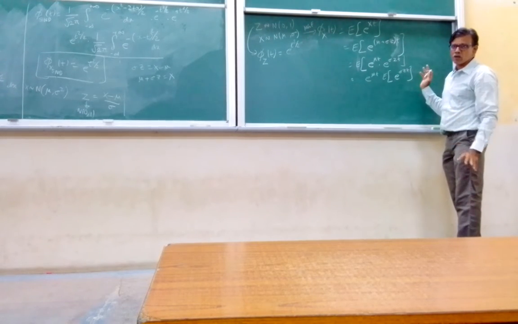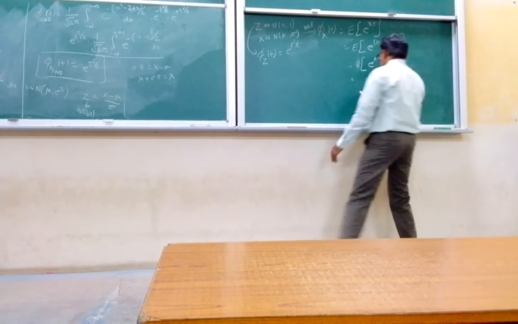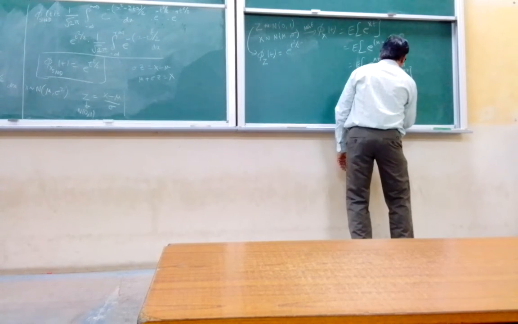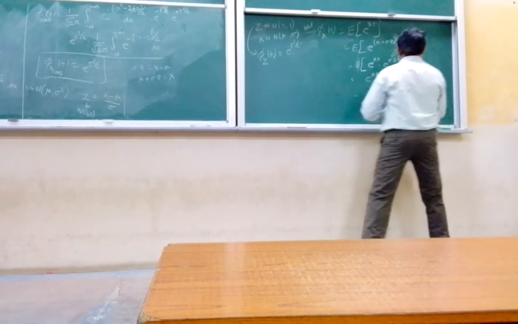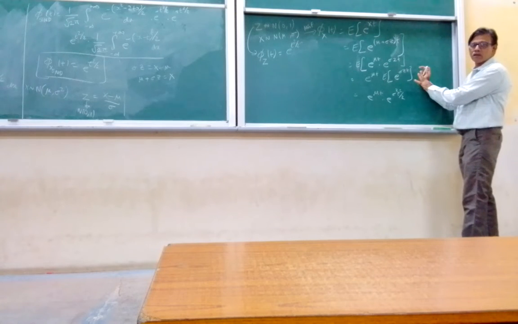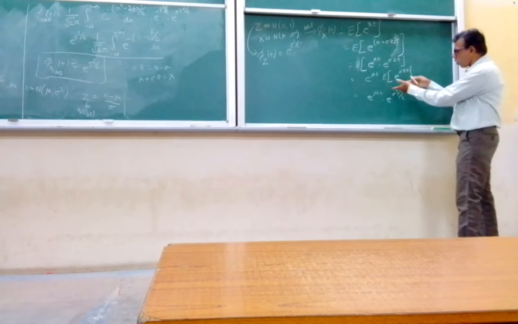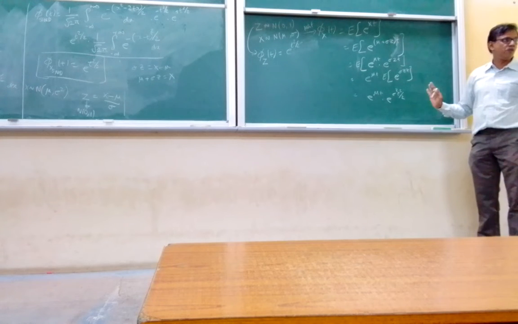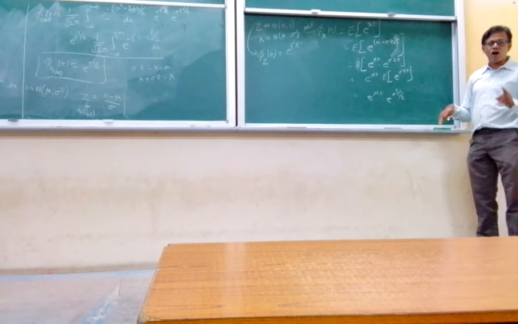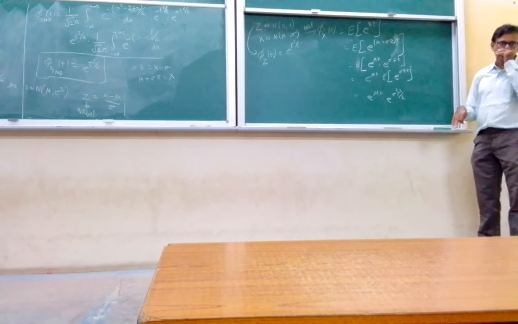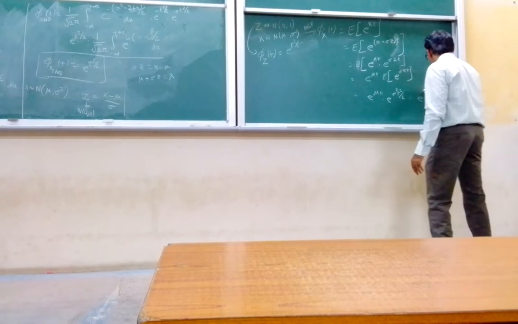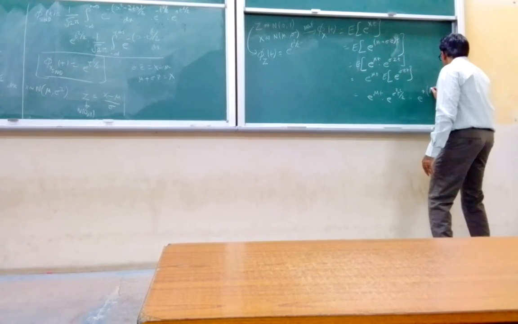So you will have e power of mu t into e power of sigma squared t squared by 2, because instead of just t we have got sigma t coming. So this should be the MGF for a Gaussian distribution with finite mean and variance. That can also be written as e power of mu t plus